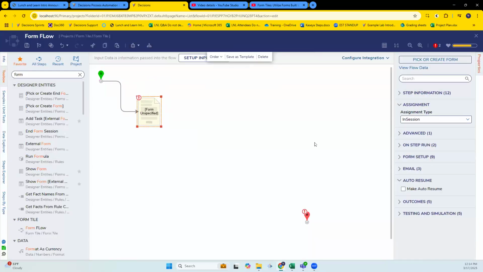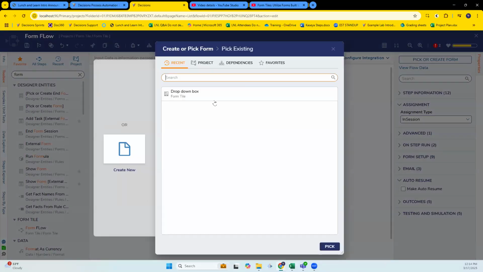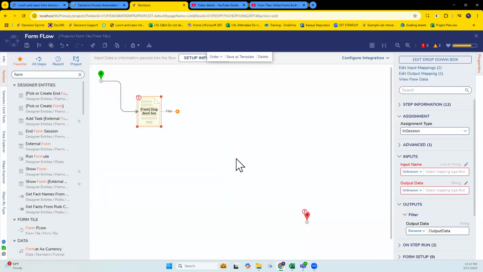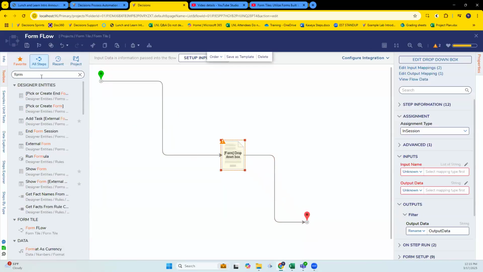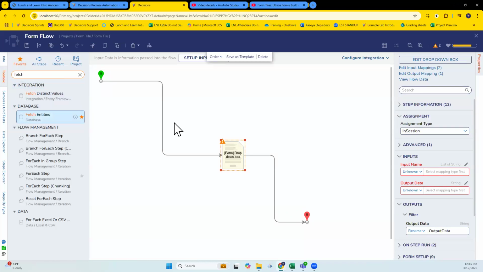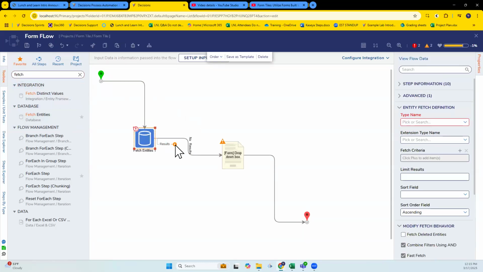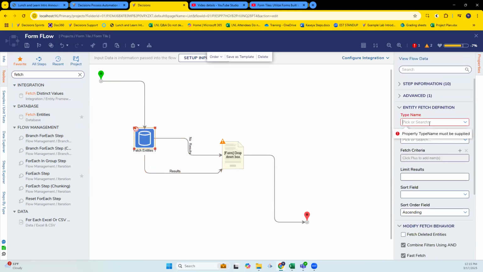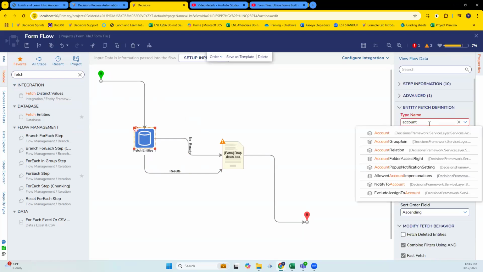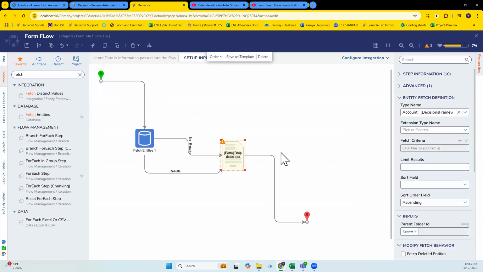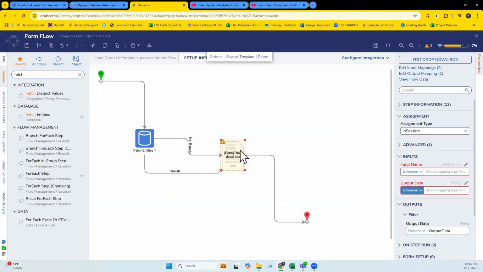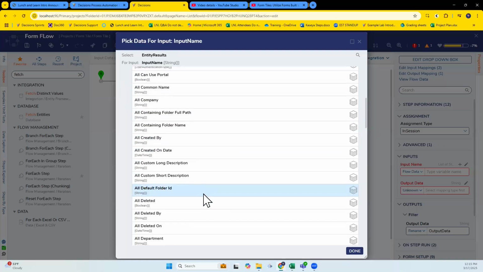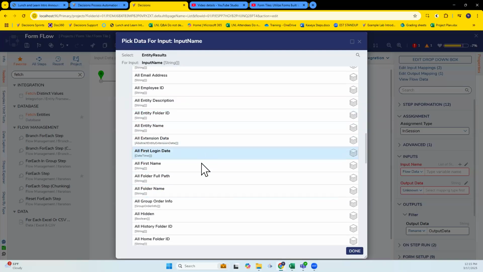That is a form, and you pass in the parameter to it. I pick the field here that I want.